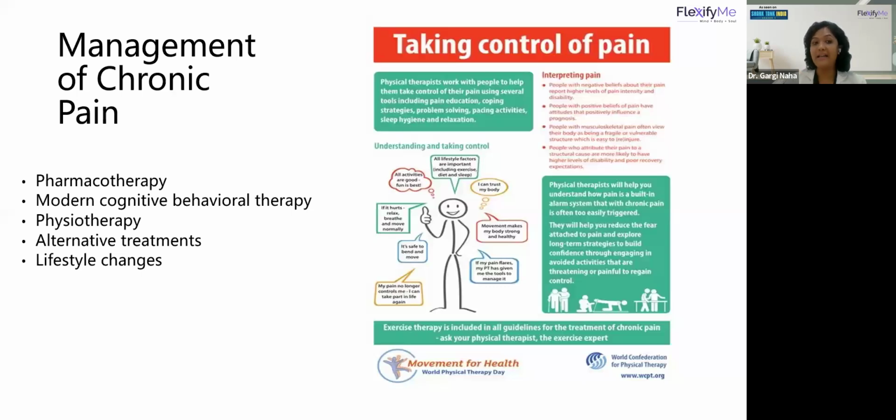Now, how can you manage your chronic pain? Before management, I'm sure every one of you must be tired by now, as there is too much talking going on, and you must be working in front of your laptops throughout the day. So let's do a quick drill. If you are very tired, and the very first thing you feel is your head is heavy or heaviness in your eyes, what you can do is sit straight, tuck your chin in, close your eyes. Have you all done that?